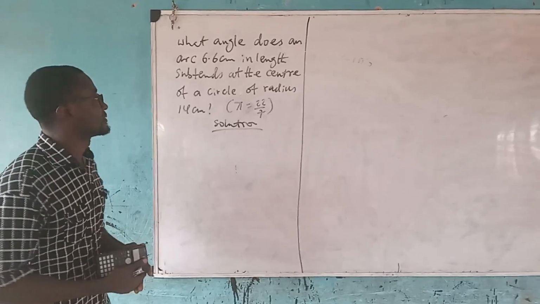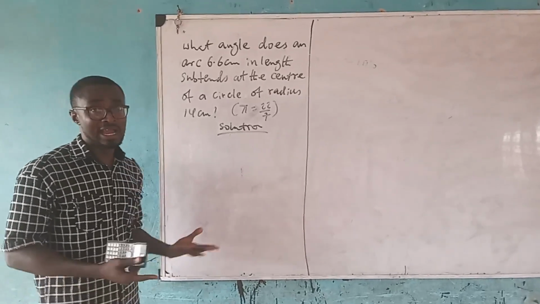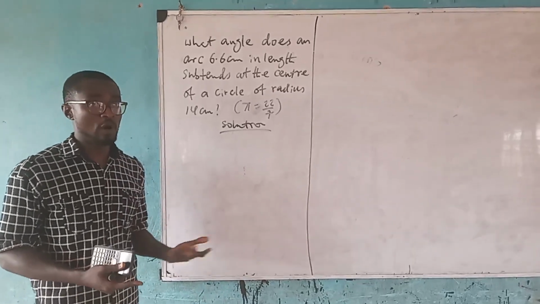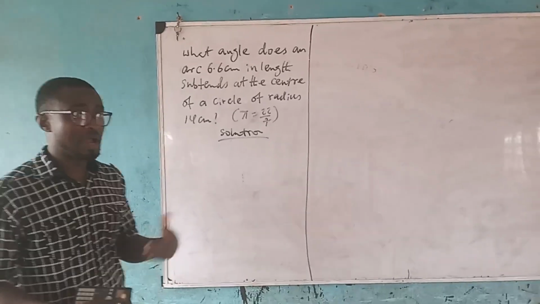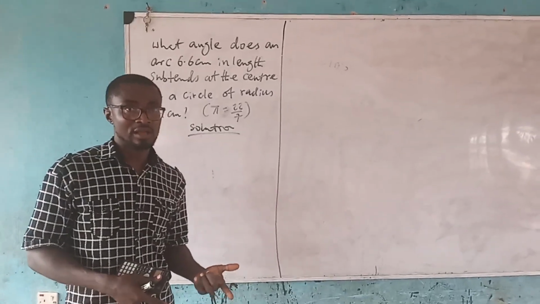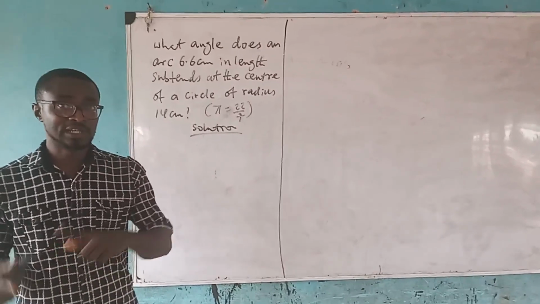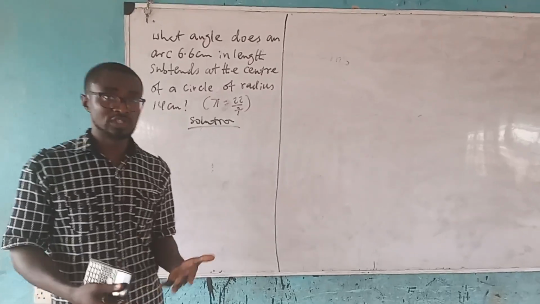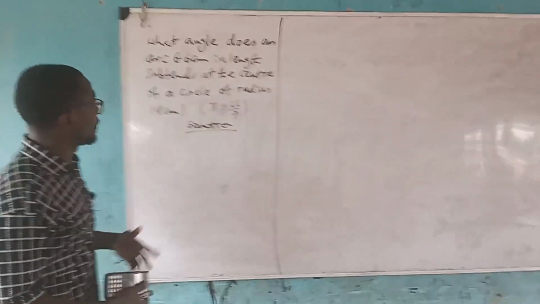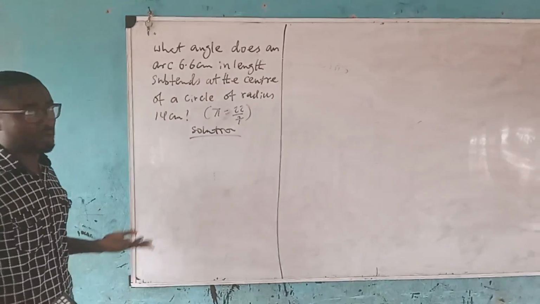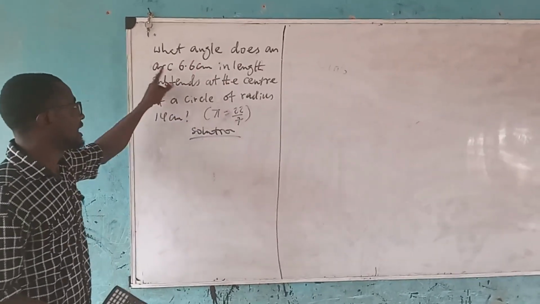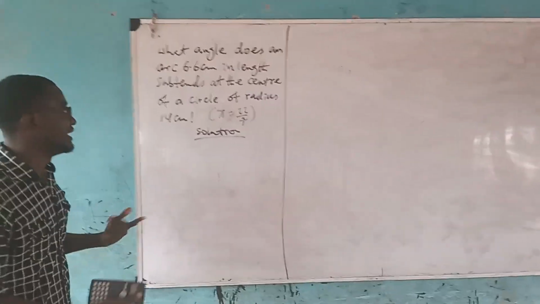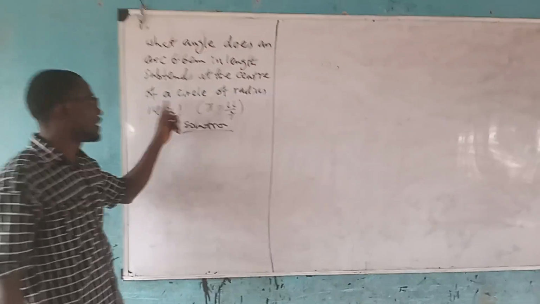If you remember in our last class, we calculated the length of an arc. At times, the question might not come in the form of calculating the length of an arc. We might be given the length of an arc and asked to calculate the angle subtended at the center or the radius, depending on how the question is set. In this question, we are actually given the length of the arc. What angle does an arc 6.2 centimeter in length subtend at the center of a circle of